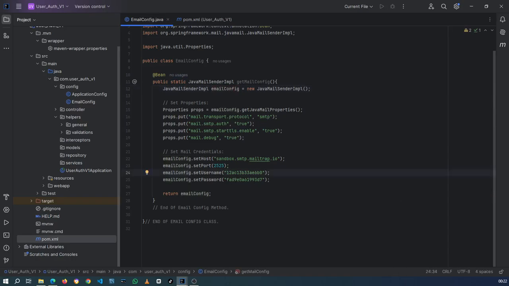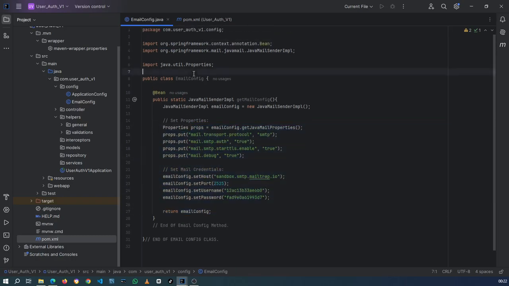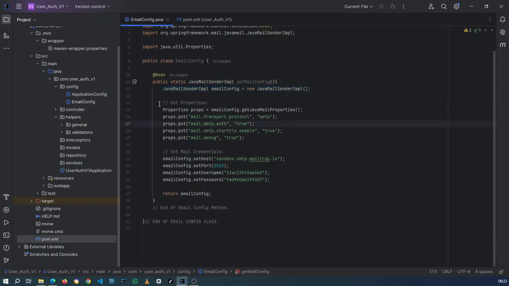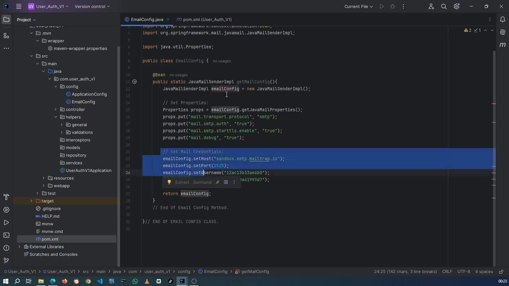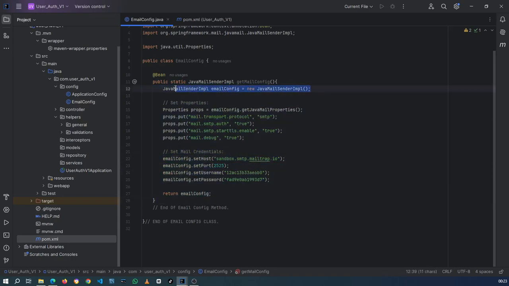So this is our email config, and then there's a couple of things we need to do. With this, make sure you annotate this as a bean, otherwise this won't pick up. We're basically creating a static method where it returns a Java email sender implementation, and then in here we're creating the object, and then these are the properties we set. Now make sure you set the properties as is, and then here within the email config, which is the object that we are creating up here,